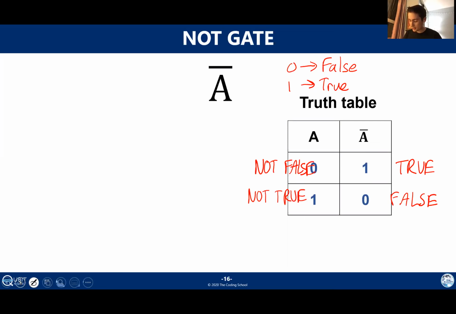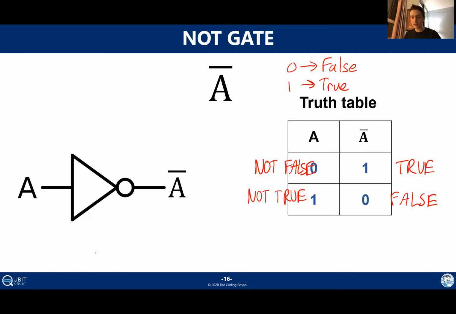Whenever we draw circuit diagrams, we would draw the NOT gate looking like this. And the way to sort of remember this, yeah, it's a triangle, but the point to really look at here is that we have this little circle at the end. You'll notice as we get to other logic gates in the future, this little circle denotes a NOT gate. So we'll just keep that in mind, but this is what a NOT gate looks like on its own.